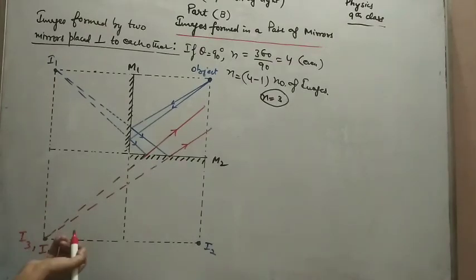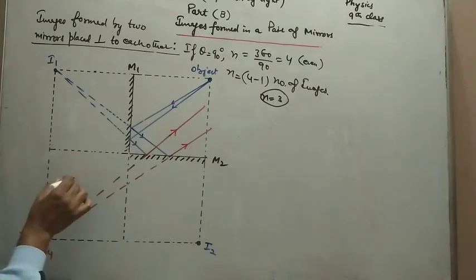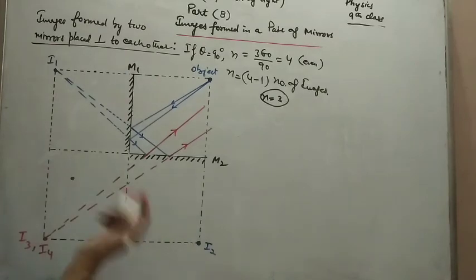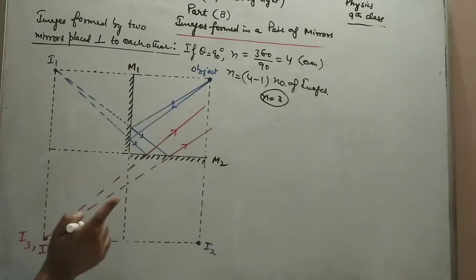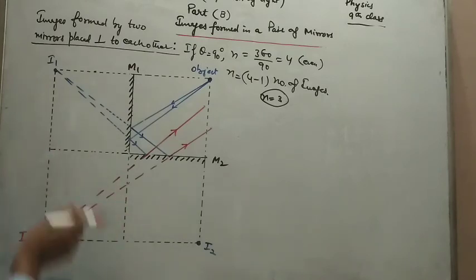So how many images will you get? Just like this is a dot, this is a dot, and this is a dot. I have drawn a dot 3 times at the same position, but how many are you able to see? Only 1. So I3 and I4 are forming at the same position, so you get only 1 image. So the total number of images will be I1, I2 and one that forms over here. So the total is 3.